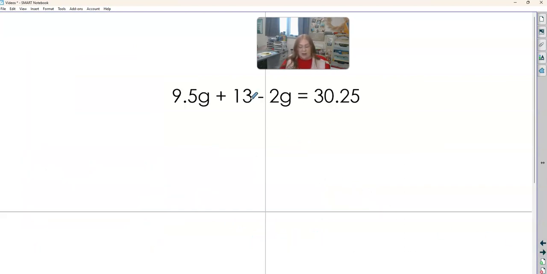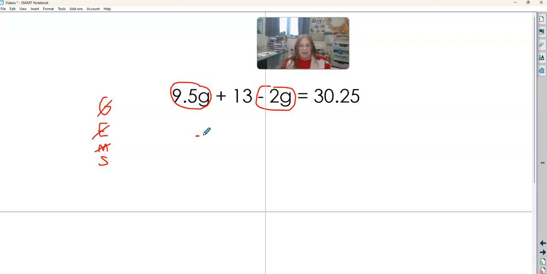All right, let's try a multi-step balancing the equation. So we need to follow GEMS to simplify. So no groups, no exponents. There is no multiplying and dividing that we can do. We don't know G. Subtracting and adding, I can put these common terms together. So I have 9.5 G's and I'm taking away 2 of those, right? Taking those away. So these are common.